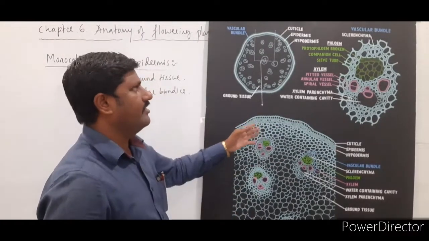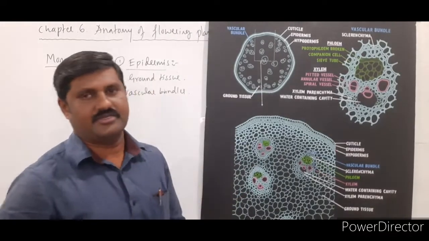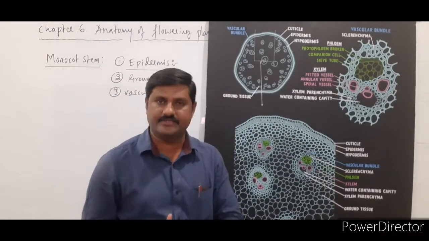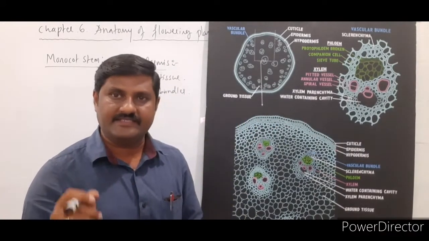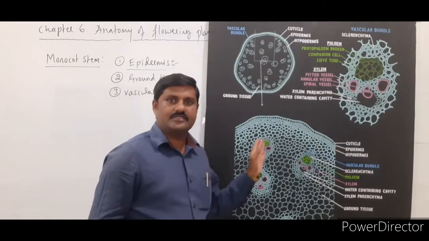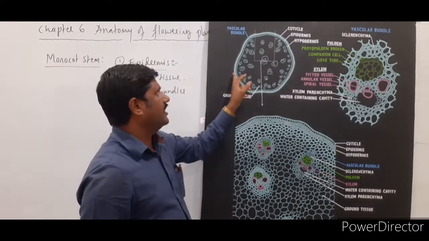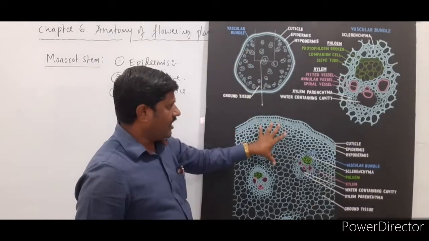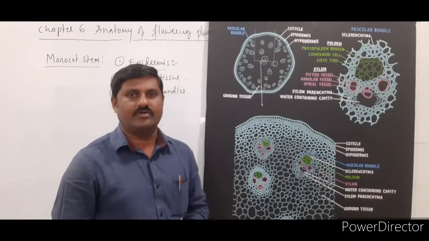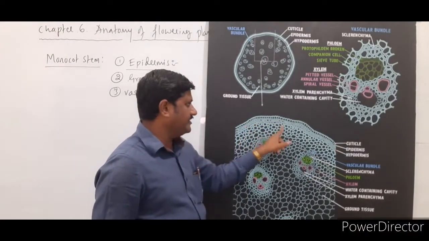So here also we have taken the example of the maize plant. When you take the cross section of the maize plant, you do not find any stem hairs over it, right? So Zea mays is the plant name. Whenever you take the cross section of Zea mays, the stem is almost circular in shape, and the ground tissue you are observing over here. The entire ground tissue is divisible as hypodermis as well as